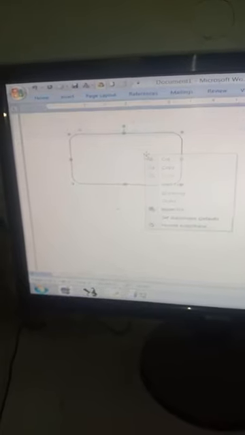In order to change the color and the outline of the shape, first of all again move to the Insert tab, or we can change the color. Suppose I have selected this blue color over here and then I have clicked on OK. Look, the outline color got converted to the color that I have selected over here.